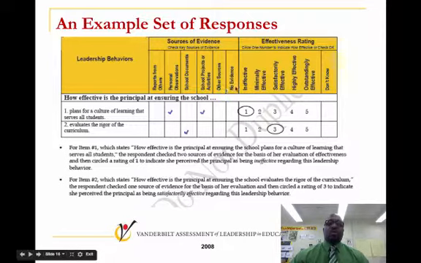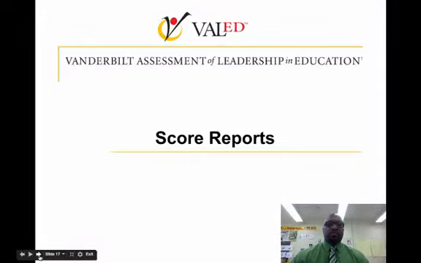So here's what I was talking about. If you check off no evidence, then you can only do ineffective or don't know. You won't be able to do a 2, 3, 4, 5 because it doesn't make sense. If there's no evidence, you can't check any of these. Either they're ineffective or you just don't know. And remember, as I said before, the don't knows don't count. So hopefully that's clear. And when you take the test, if you don't complete both sides, it'll give you an error message. You're going to have to go back and see which ones you missed because both sides are required in order to complete the evaluation.